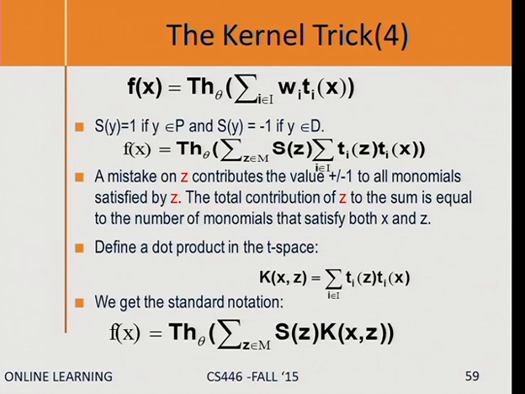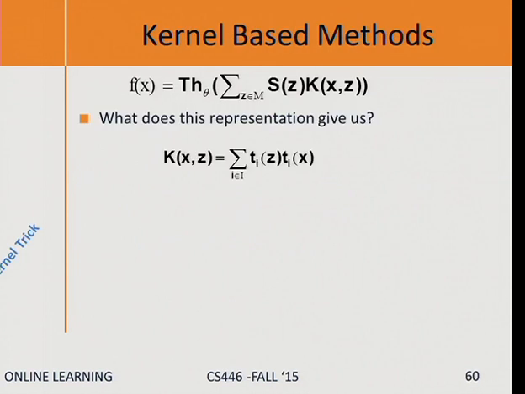Instead of writing f(x) the previous way, I'm writing f(x) as this: the sum of plus or minus 1 times the kernel K(x, z). So notice, this is a sum over all z's that I'm using in order to compute the value of the function at point x. So x is what I care about. And in order to compute f(x), I'm looking at all the z's that I've seen in the past on which I made mistakes. And this is the linear sum that I'm computing. OK? So far, I haven't done anything. I just did some algebra, and I've rewritten things in a different way.